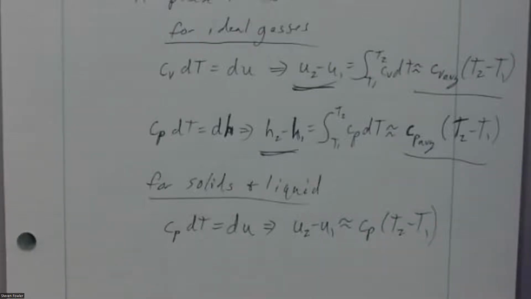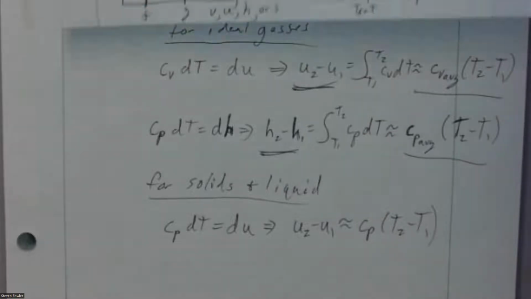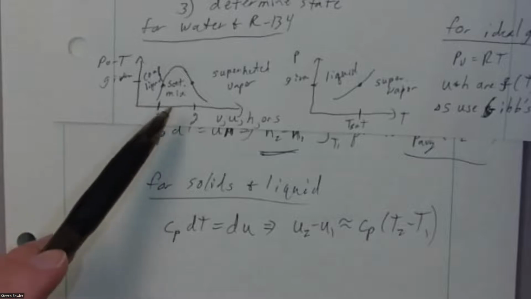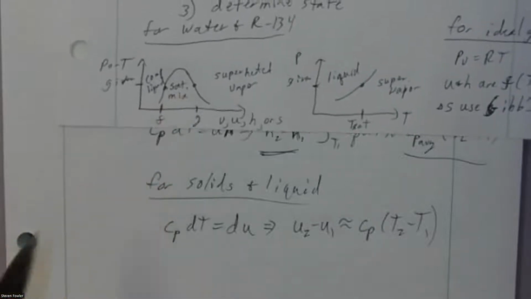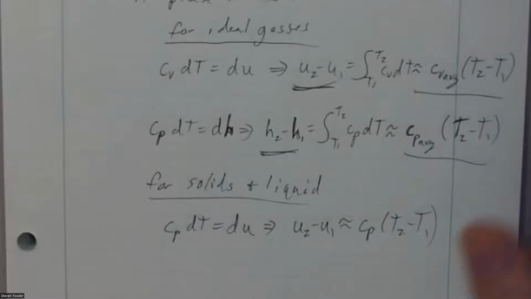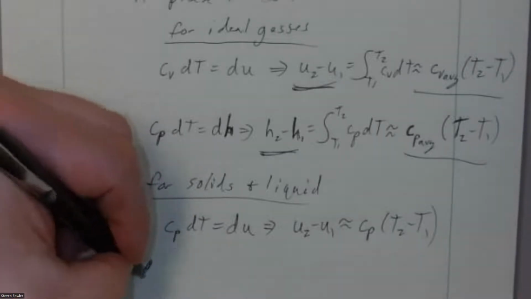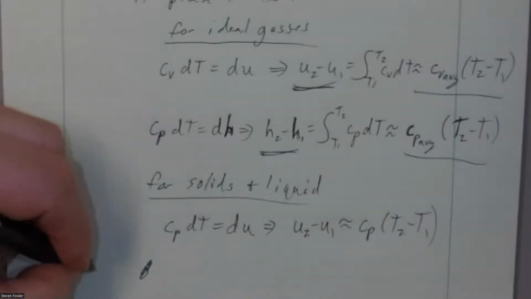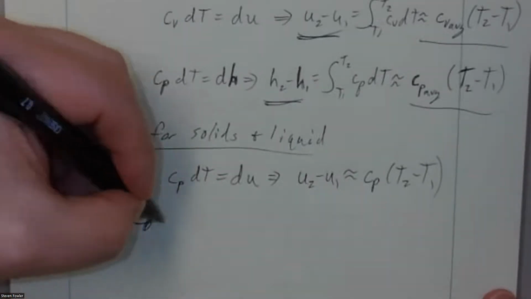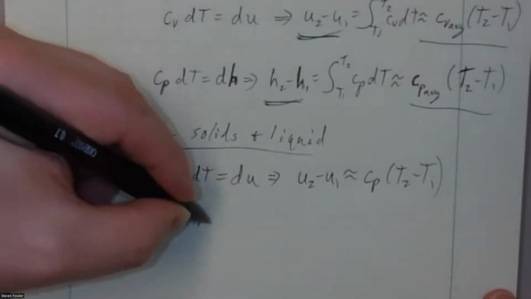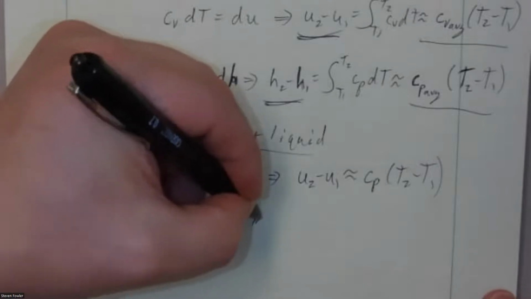Now, what else do we have here? We did talk, just mentioned briefly, about interpolation between rows. And we did also talk about what we do if it is a saturated mixture. So outside of that, for saturated mixtures,